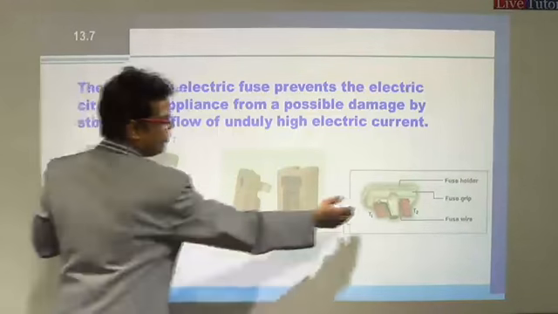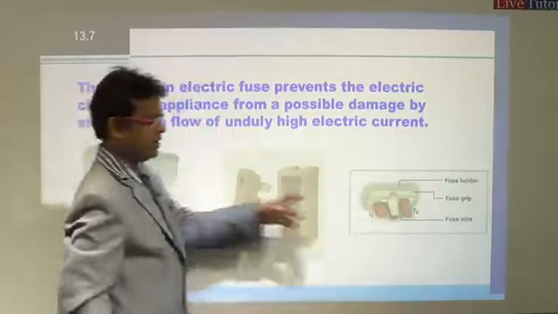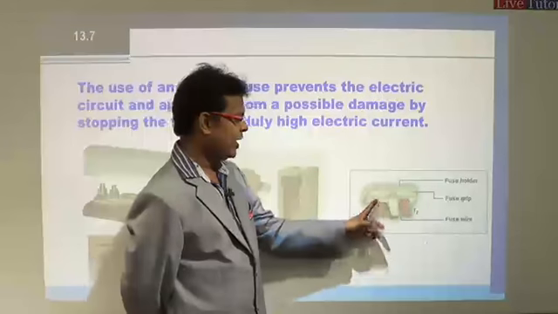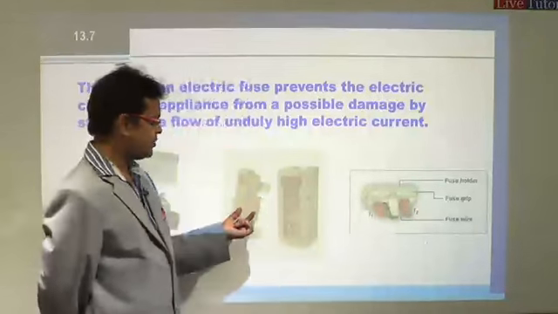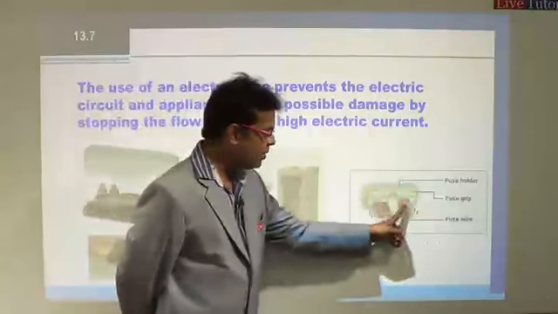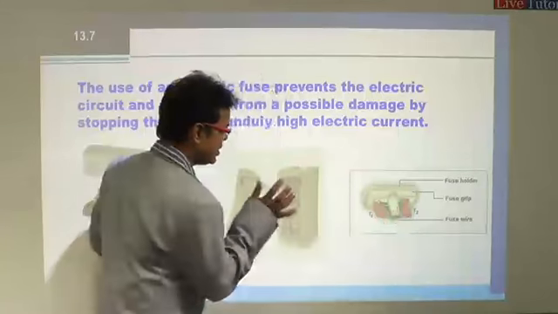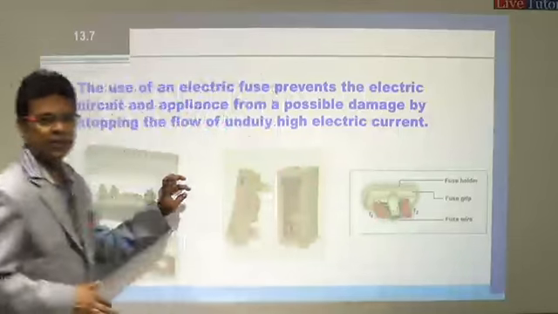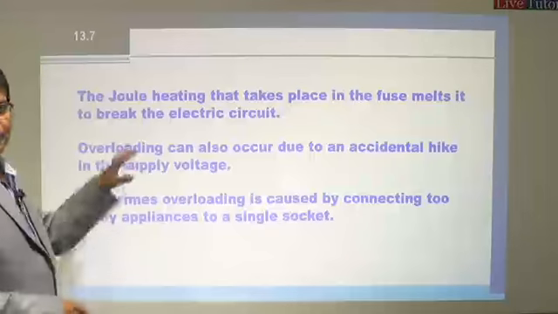So these are all the different formats of the fuse wire. This is called a fuse holder. Right? This is the fuse carrier and this is the fuse holder. The fuse will be in between these two. So you have to insert it so that the current will flow through that. Right? Now,